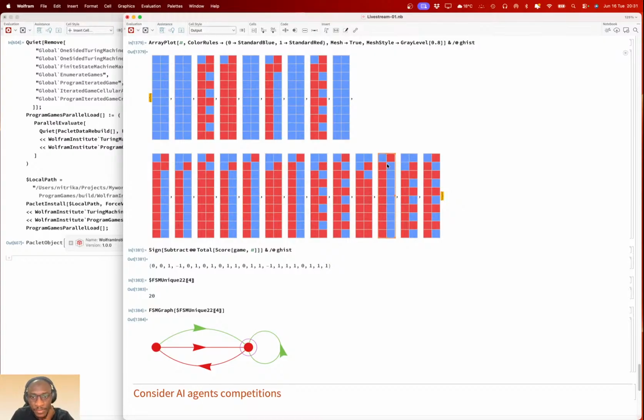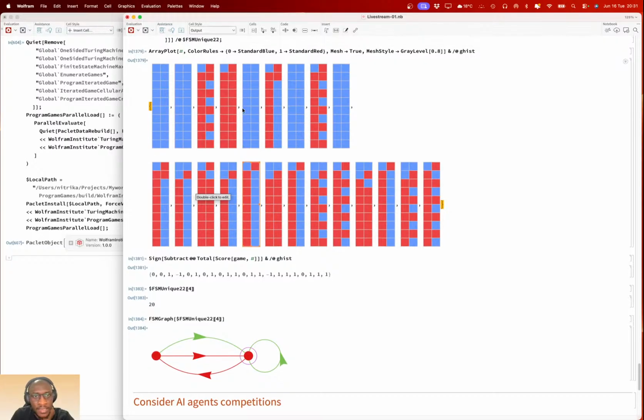Same thing for this machine. I think this got punished, but they happen to win because they defect always. That's why 20 wins, because it defects always.